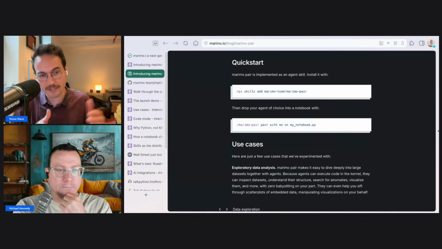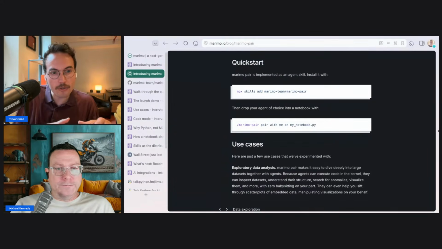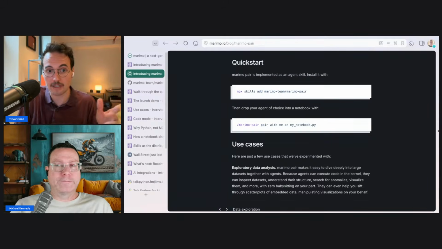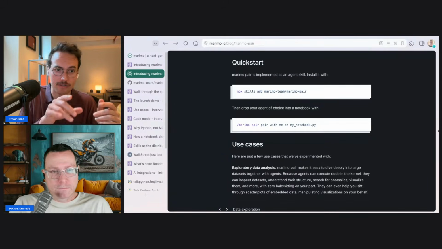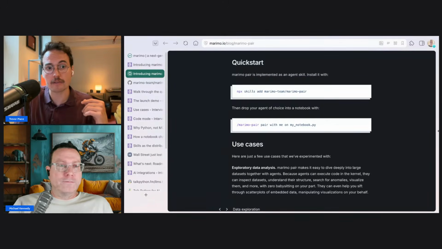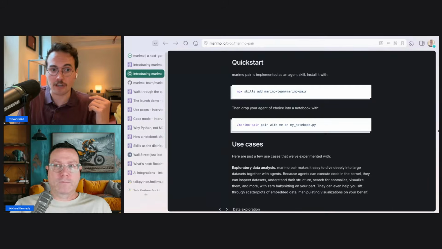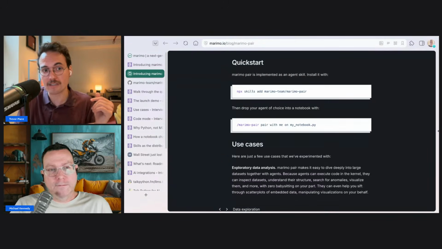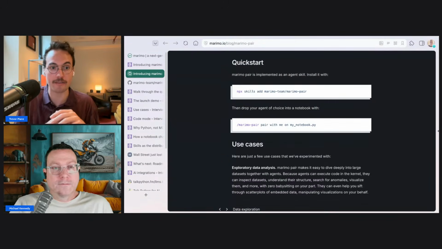So right now that looks a lot like more terminal-oriented workflows. We have some integration now inside the Marimo editor itself, like I mentioned, where you can open up the chat and start using Marimo Pair. We'll have a further integration into VS Code. And I think down the line, eventually, if you're using Claude Desktop or Codex Desktop, maybe you can start your little chat there, and that could also drive a Marimo notebook as well.